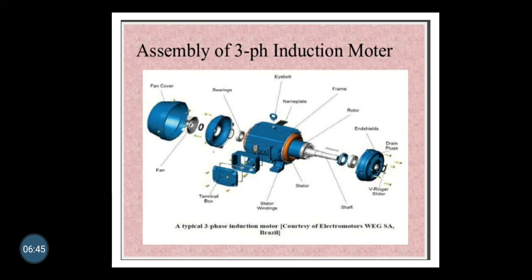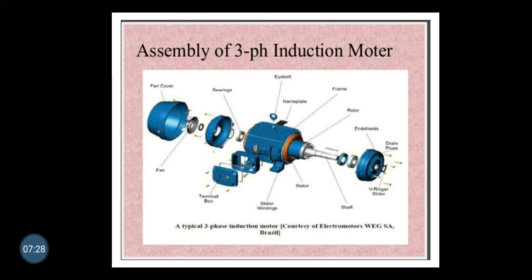After that there is the stator winding. The stator winding is made up from copper bars or aluminum bars. There is a stator which is made up from magnetic material. There is a frame. The frame of a three-phase induction motor is made from metal alloy. Also there is a rotor which is rotating, known as a rotor, and there is also a shaft that is rotating.